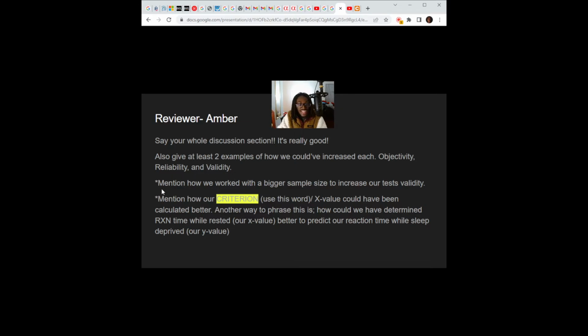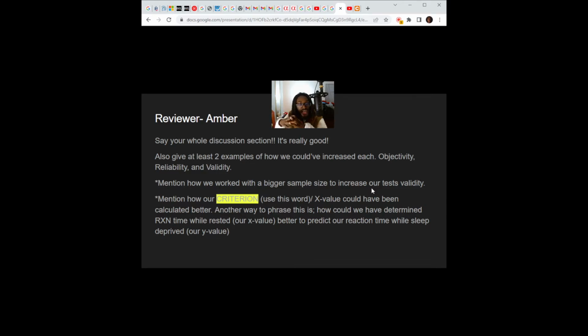Some of the things that I think should be mentioned without a doubt are these 2 bullet points right here, or stars. I want you to mention how if we worked with a bigger sample size, it would have increased our test validity. Basically,